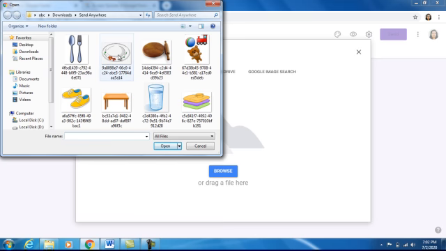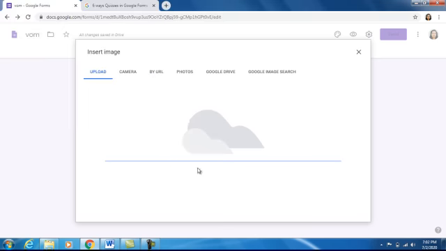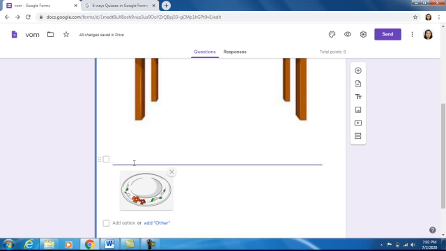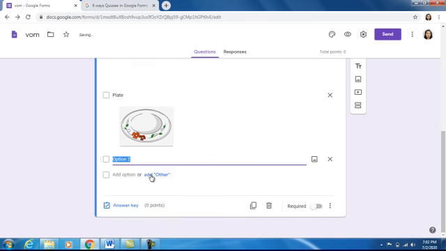Suppose I have selected this plate, open, write the name plate, press enter key, you will find the second option.